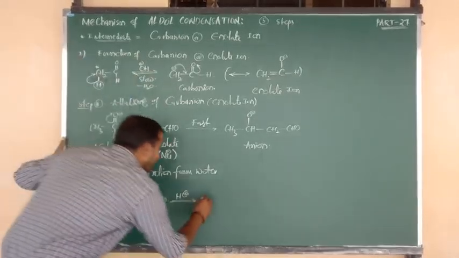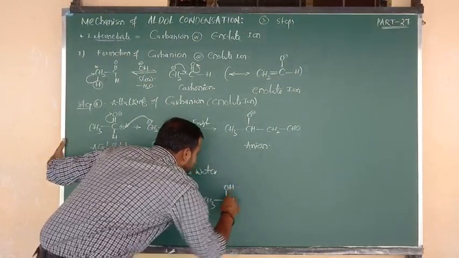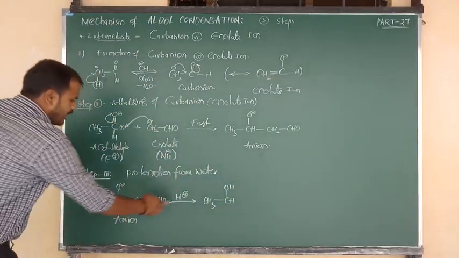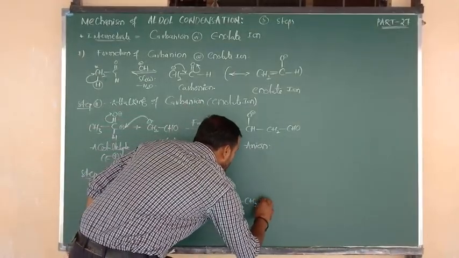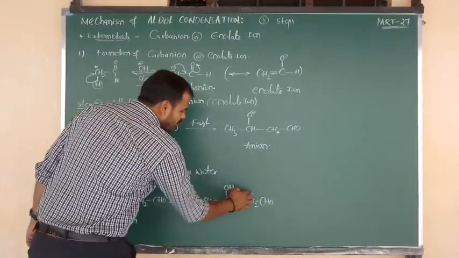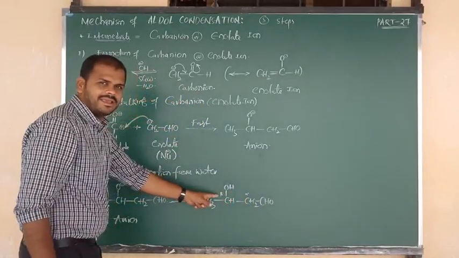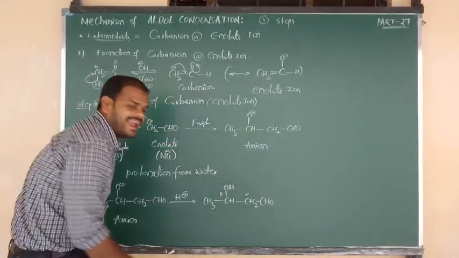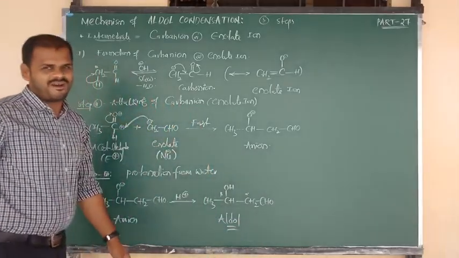Good. So now what are we going to get? CH3 bonded to CH, above plane is OH, H plus attacks upon O, remaining groups are CH2 bonded to CHO. What is the name of this compound? Functional group adjacent is alpha, alpha adjacent is beta. It looks like beta hydroxyaldehyde. So this is your product, and also we can say that it is aldol.